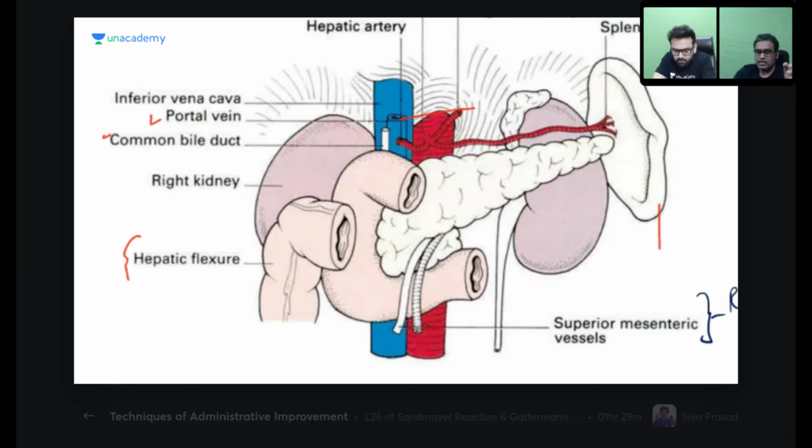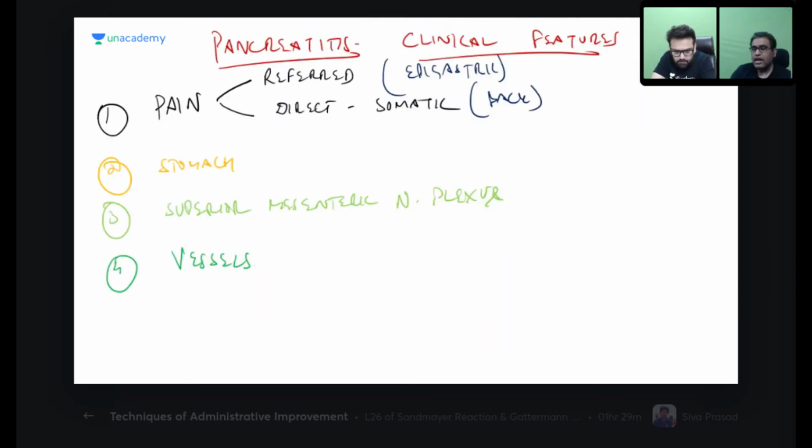Okay, that was your sum of the relations, and therefore now a little bit of applied. If you have understood all the relations, then here's a very important applied which I wanted to share with you. Suppose a patient developed pancreatitis. Now, pancreatitis is not a simple thing. For those of you who are in second, third year, you may have gone to the wards or may have heard from relatives, pancreatitis is a tough thing to treat. It is not a simple thing. Plus, the mortality is very high. So the common causes are basically alcohol, liver disease, but there are other causes also.